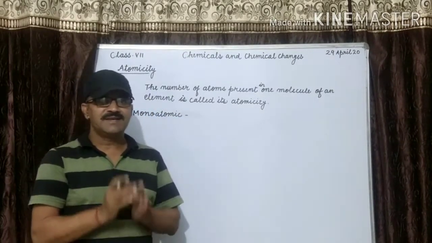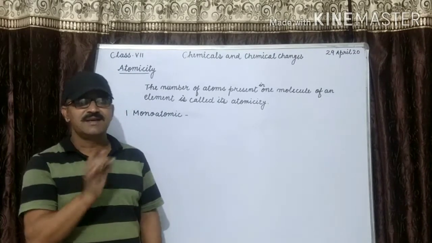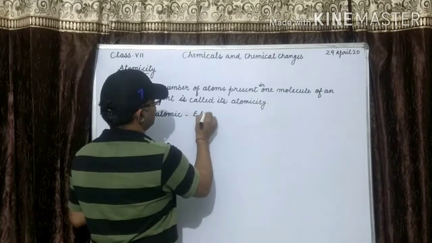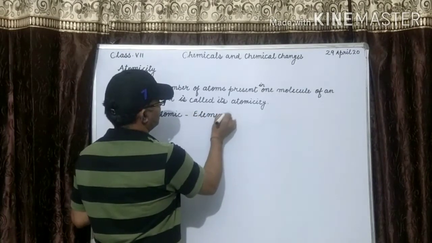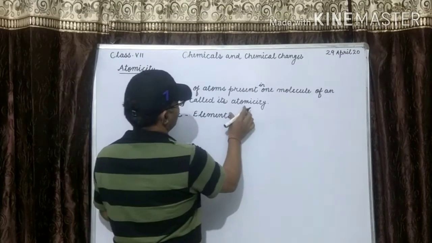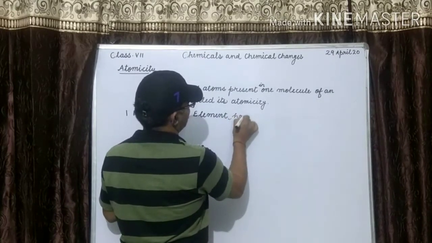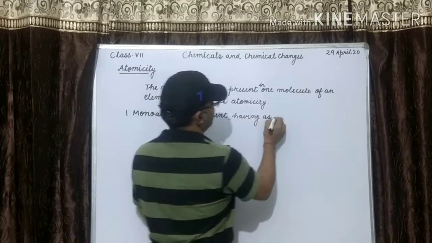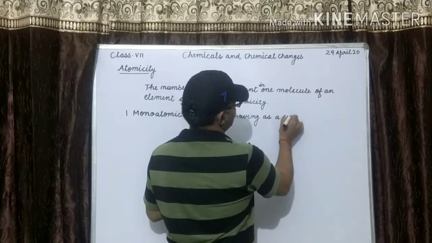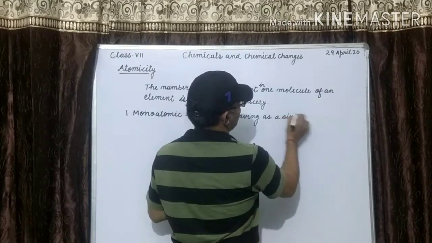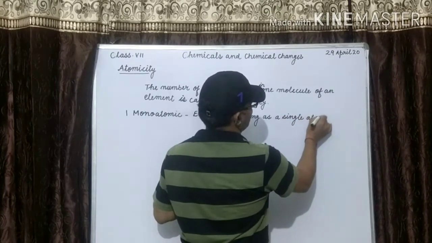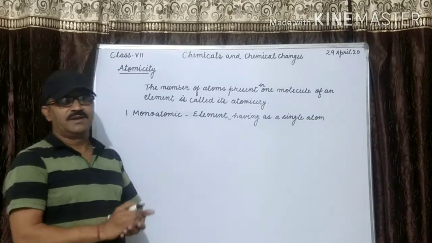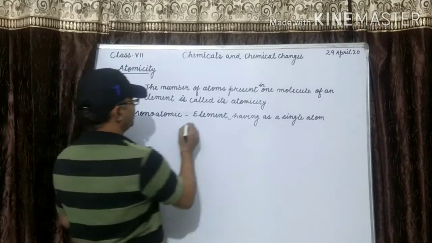Elements having a single atom are called monoatomic. For example, helium,